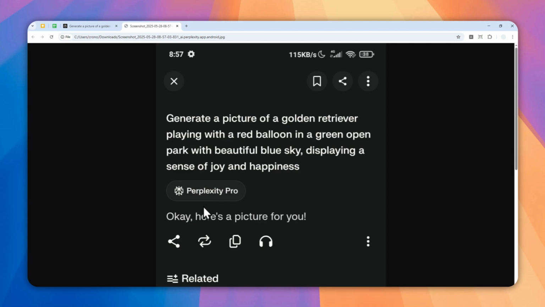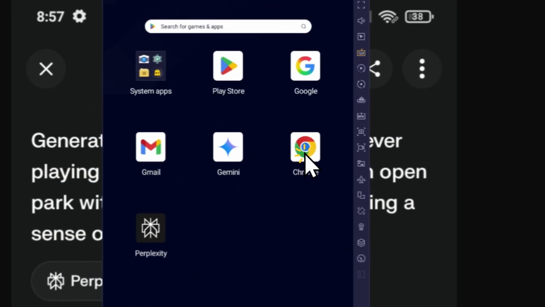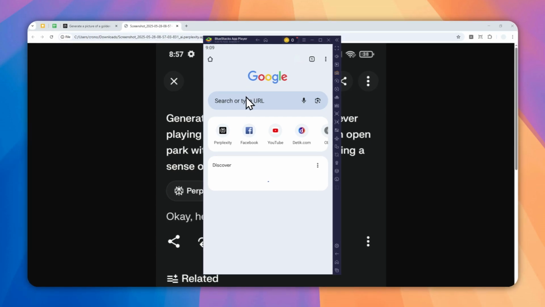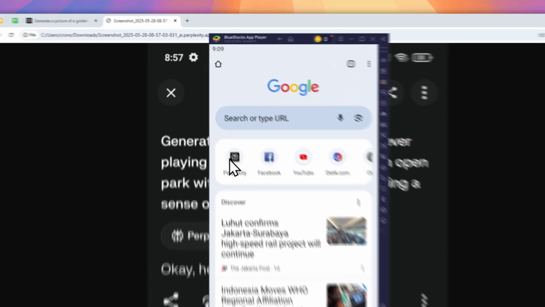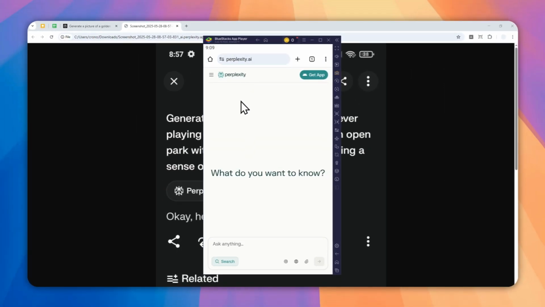there is a workaround. If you want to create a picture with Perplexity on your phone, you can open not Perplexity but a browser. In this case, I'm going to be using Google Chrome, and then basically you have to log into Perplexity via browser. Just go to the website perplexity.ai, and after that, it might ask you to use the mobile version. Usually there's going to be a message, big screen, telling you that you can download the mobile version. Just click the close button on the top right corner of the screen, and